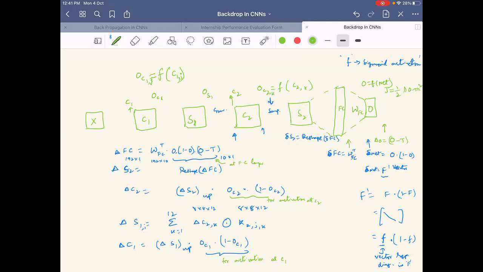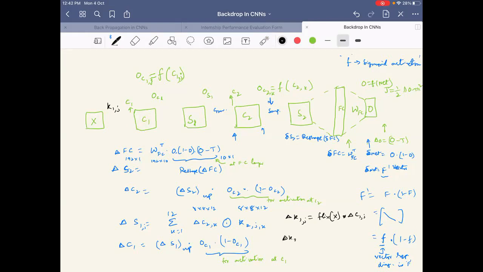And hence you have got delta C1 as well, and you know that delta C1 has the same maps, right? Now, given all this, we want to write delta K1 comma J. So the kth kernel you want to update, which is given by the flip of the input convolved with the delta. As you can see, K1 you want to update now, K1 comma Z, right? The flip of the input multiplied by the delta here. That's all. Delta C1 comma Z, which you already have, right?